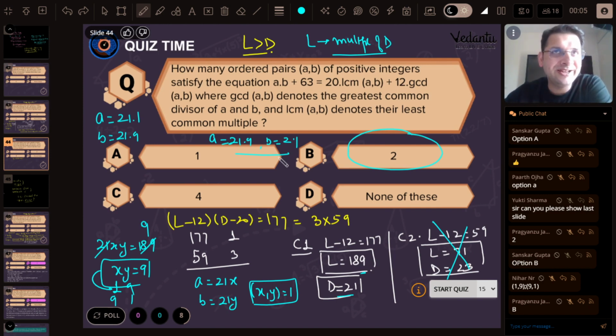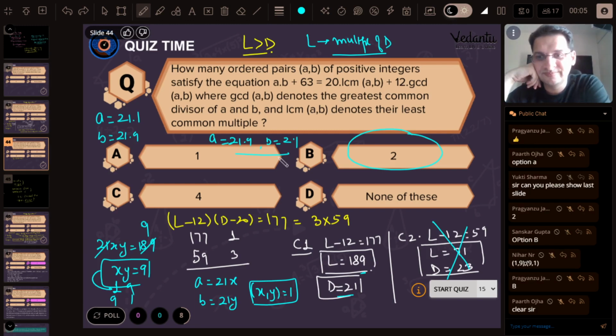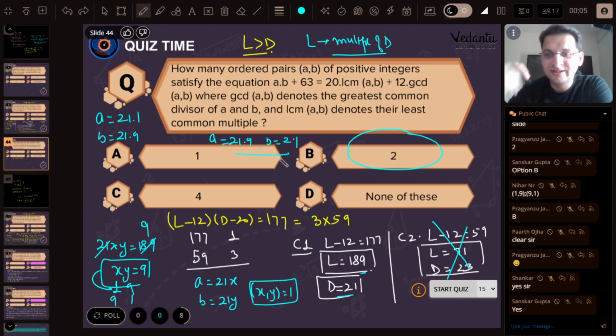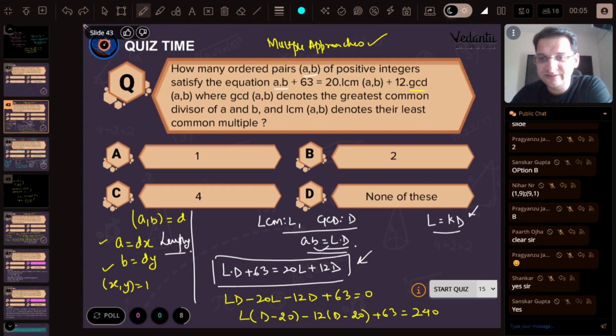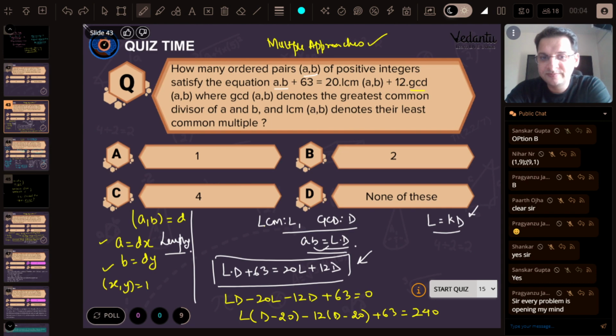Is this clear? Is this clear, everyone? Okay, someone wanted to go back to the previous slide. This is the previous slide. Okay,